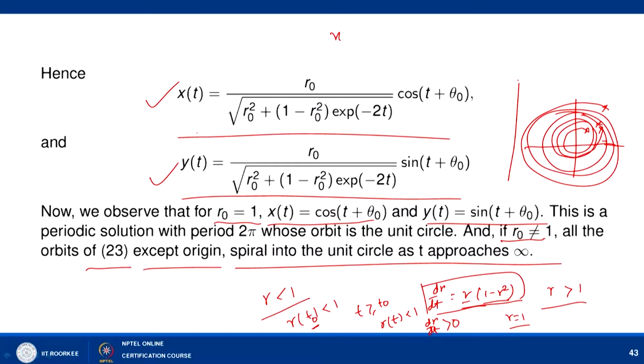your radius vector will be a constant. So, dr by dt is equal to 0, which means the radius vector will not change further. So, it will always be on the unit circle. So, the solution which started somewhere inside the unit circle will ultimately approach spirally towards the unit circle r equal to 1. Spirally, because your x t and y t are periodic functions of time t with increasing radius.